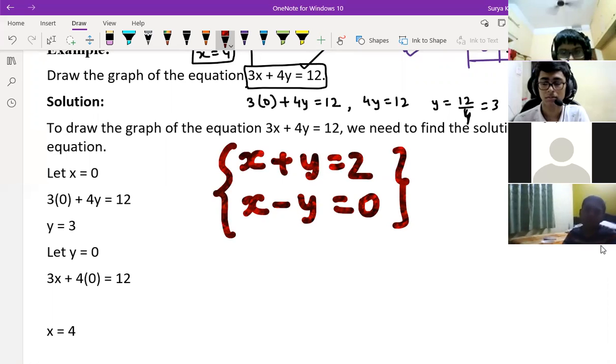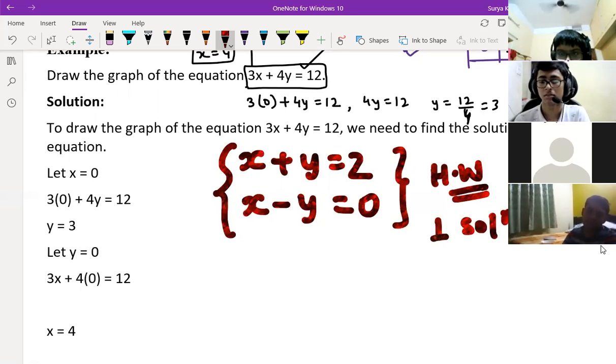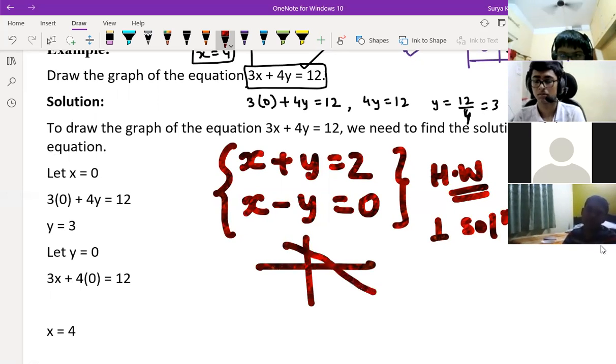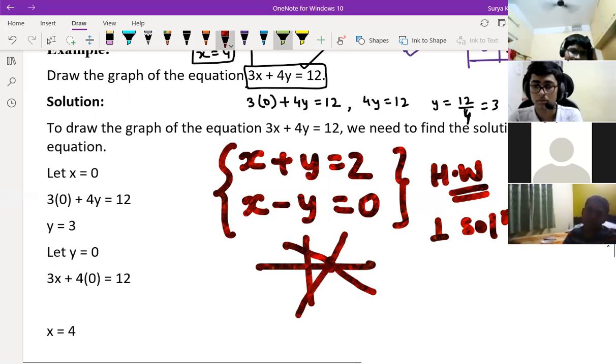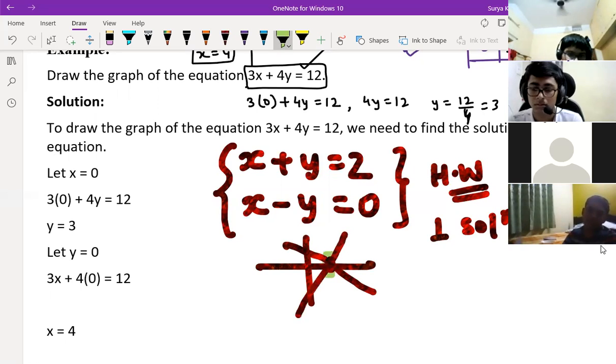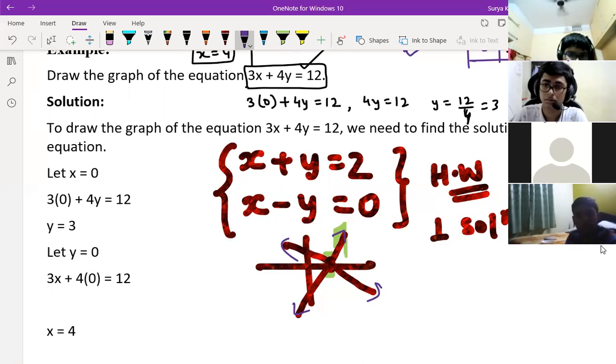If you solve this equation at home, just this is your homework. Draw proper headings. If in the graph paper, you will get only one solution. What is a solution? It is where both lines meet. Suppose this is a graph paper. If one graph is coming like this and one graph is coming like this, suppose this is one example. So where it meets, this is the meeting place, right? That is only one solution, okay? Where both lines meet is known as what? Solution, okay?